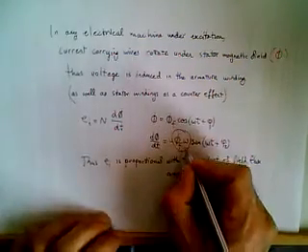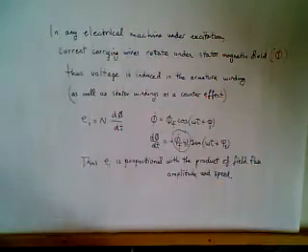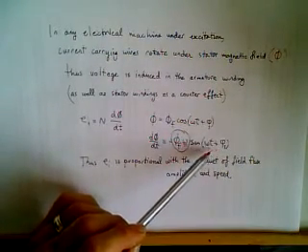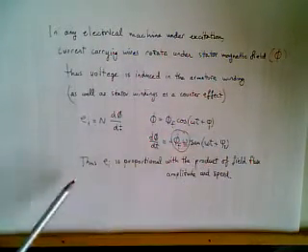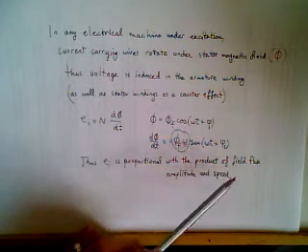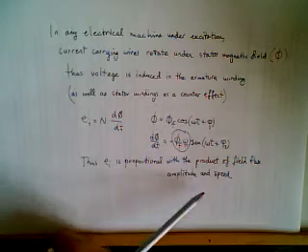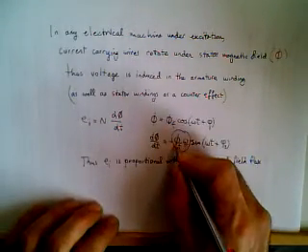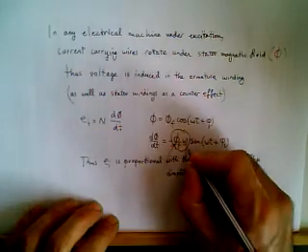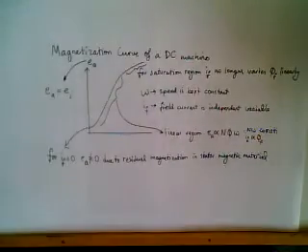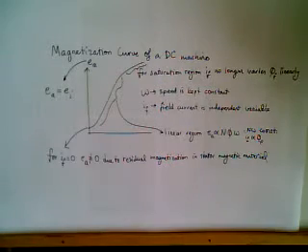One of the constant terms is the angular speed, and again it's a trigonometric function, a sinusoid. Thus induced voltage is proportional to the product of field flux amplitude and speed. So field flux amplitude is phi f, speed is omega. So this is one of the important